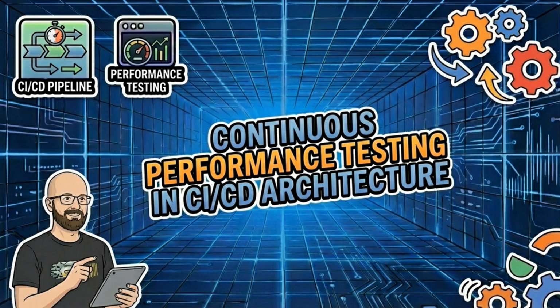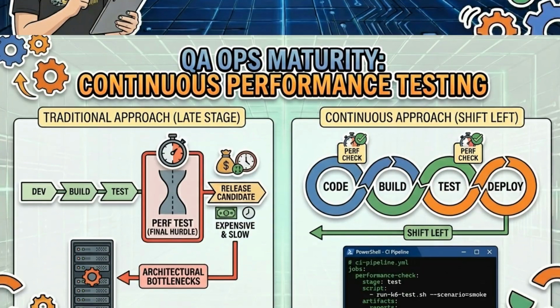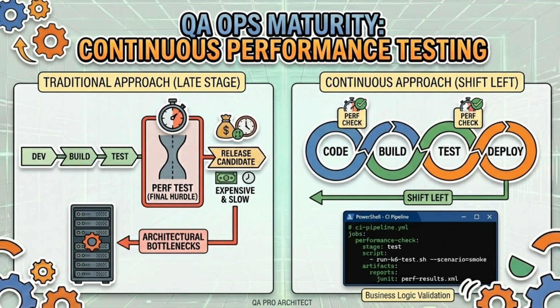I'm glad you're here. Today we are completely rethinking performance testing, moving it out of the staging phase and directly into the CI/CD pipeline. Historically, performance testing has been treated as a final hurdle. Teams wait until a release candidate is ready, provision massive infrastructure, and execute a heavy load test. When performance bottlenecks are discovered this late, they are usually deeply embedded in the application's architecture, making them expensive and